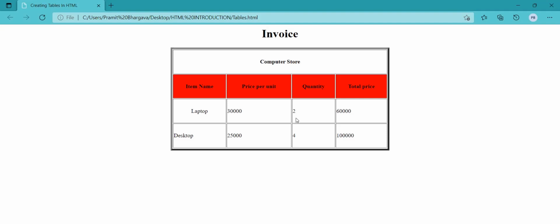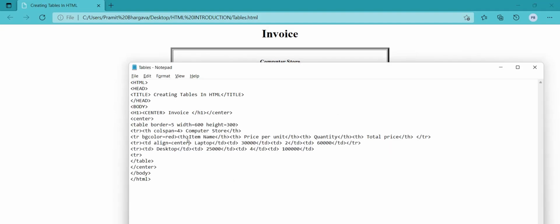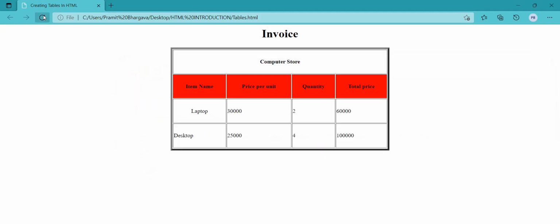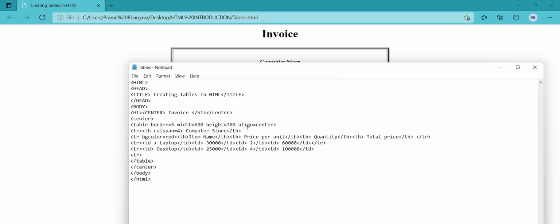So we can do it to all the content in the table. But you will ask me that doing this for all the content in the table is really tough and time consuming. So we can do this thing. We can write here align equal to center. So everything will get aligned to the center.